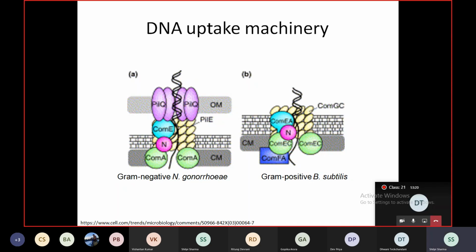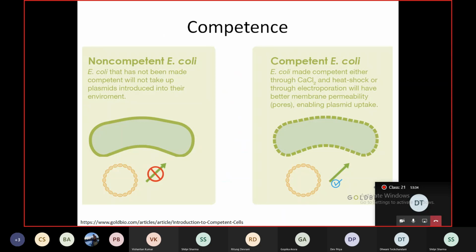Due to the complex nature of the cell envelope in gram-negative cells, there are specific channels on the outer membrane which facilitate the uptake of DNA. So the machinery is a little more complex in the gram-negatives. Now, as there are various applications that can be met by employing the process of transformation, it is routinely used in the lab to introduce a gene of interest. Bacterial cells are made artificially competent by either using chemicals like calcium chloride or even by applying electrical pulses.